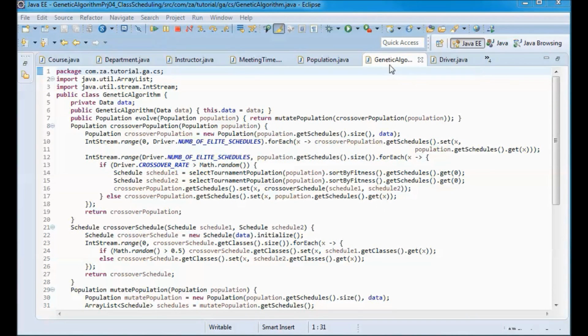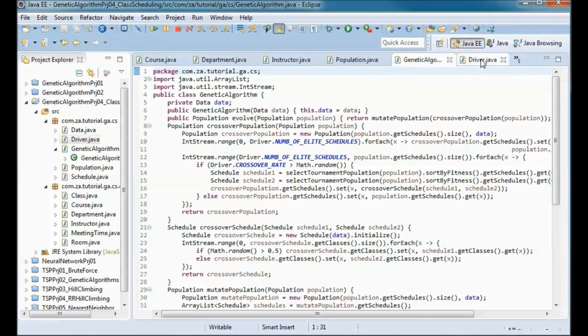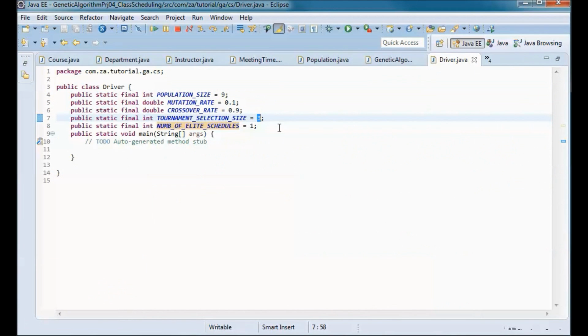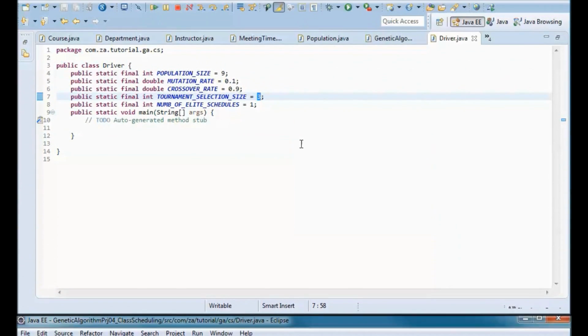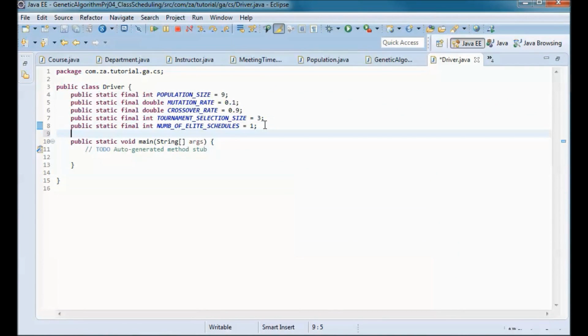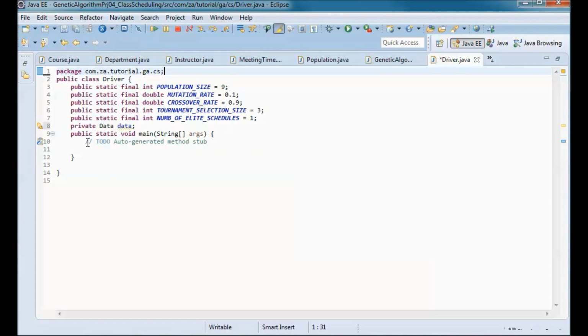And next I'll be doing the driver class. Now here I will have this data as instance variable, and in main I will instantiate an instance of this class and a data instance for this data.